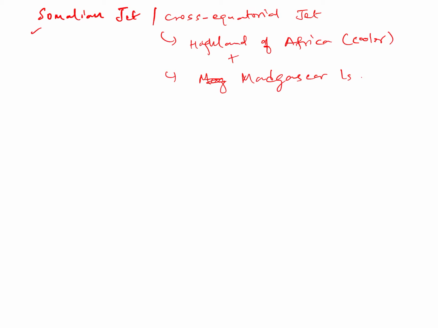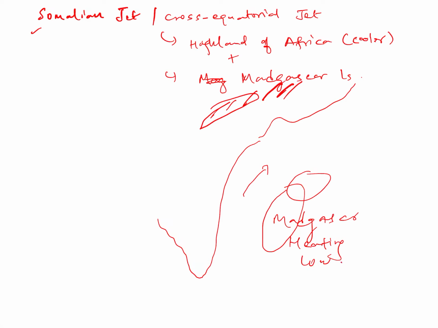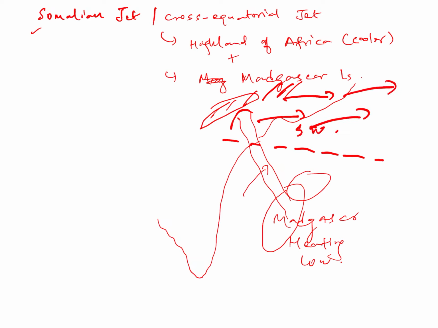Now if you observe the coast of Africa, this is an island, this is the Somalian part, and this is Madagascar. And this is the Mozambique channel. So heating is here, cooling is in the highlands part. Because of the heating of Madagascar, low pressure develops and the air starts moving like this. This is the equator part. In the northern hemisphere, deflection is to the right. So what is the right? It becomes a south west direction.